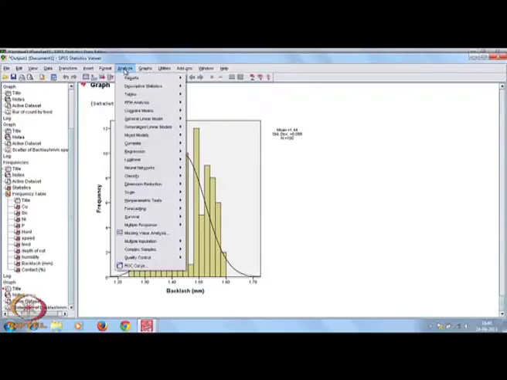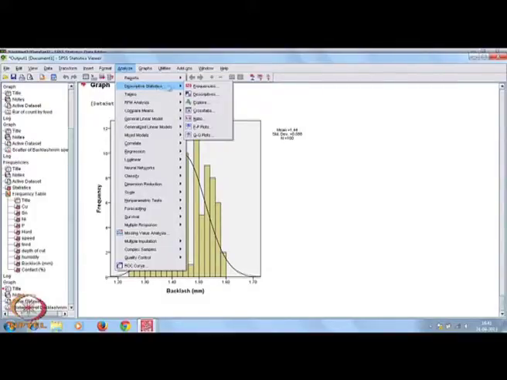What are the options available under analysis? The first one is report. In a report, it is basically preliminary data mining. The OLAP cubes are there, and you can summarize in rows and columns. Then descriptive statistics, starting from frequency, descriptives, explore, crosstabs, ratio, P-P plot and Q-Q plot.